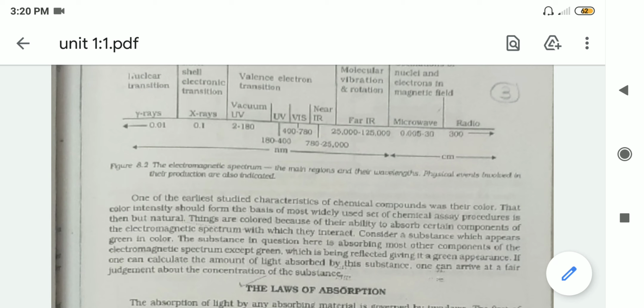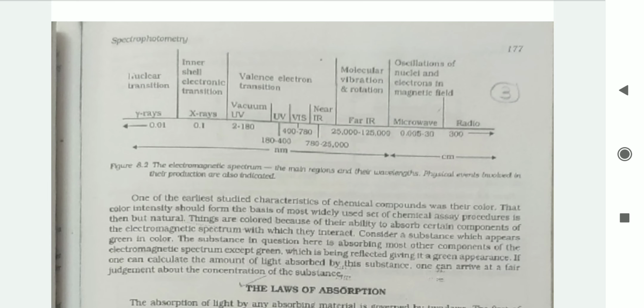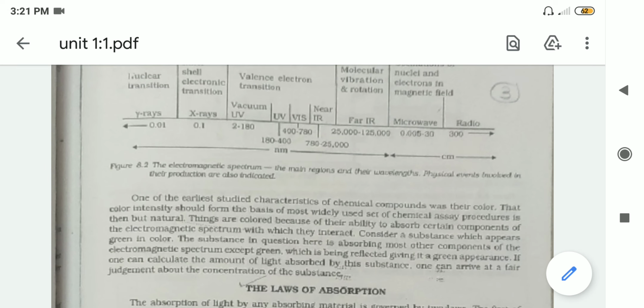You must have done the prism experiment in standard 12th. In that prism experiment you must have seen different colors of light emitted because of the splitting of light. That is the light obtained in the visible range. The prism splits the light into its constituent 7 colors. Then comes the infrared.